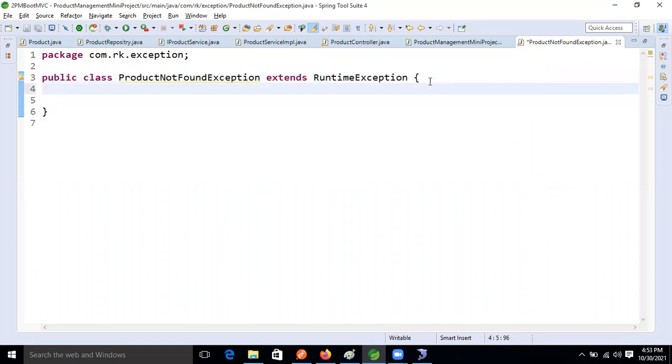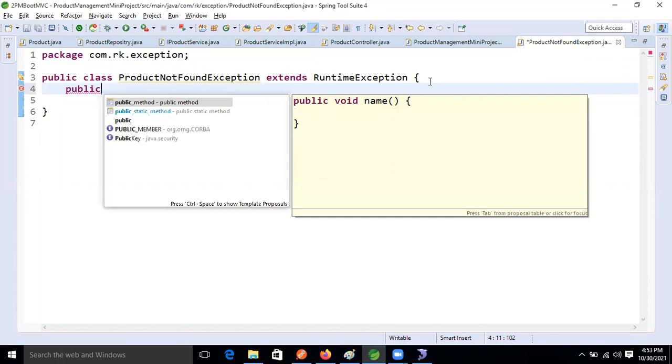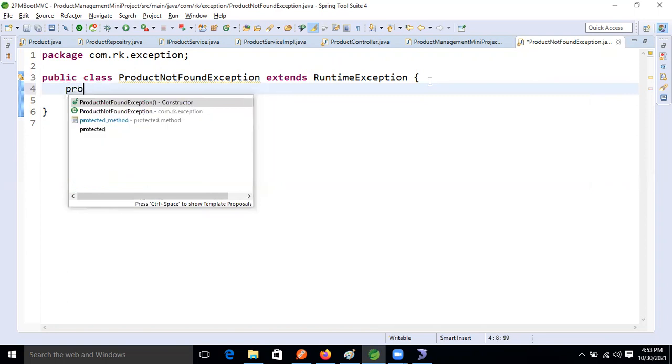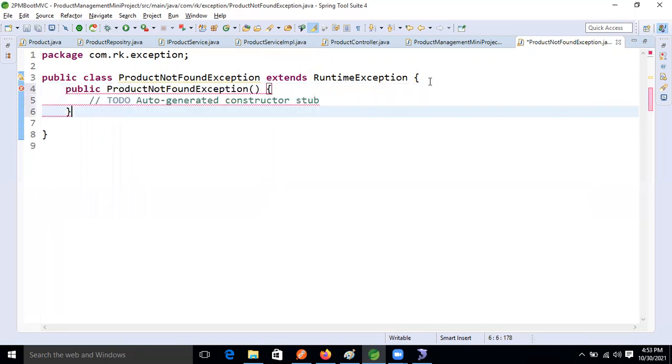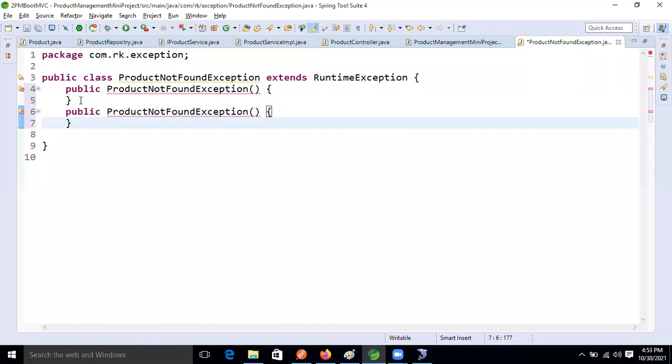So here what I'm going to do now, public, we need to take constructors, guys. ProductNotFoundException, one zero-parameter constructor I'm taking. Another one is parameterized.